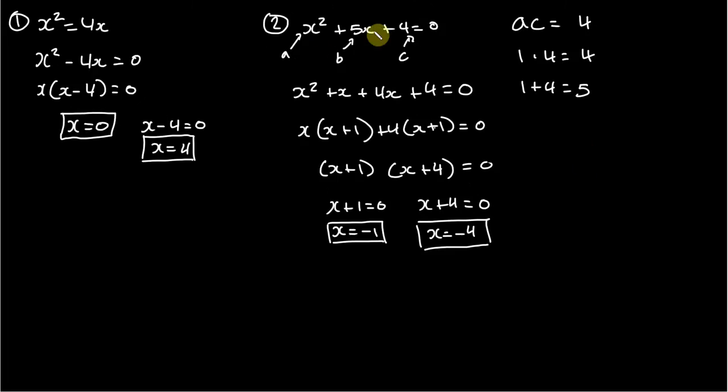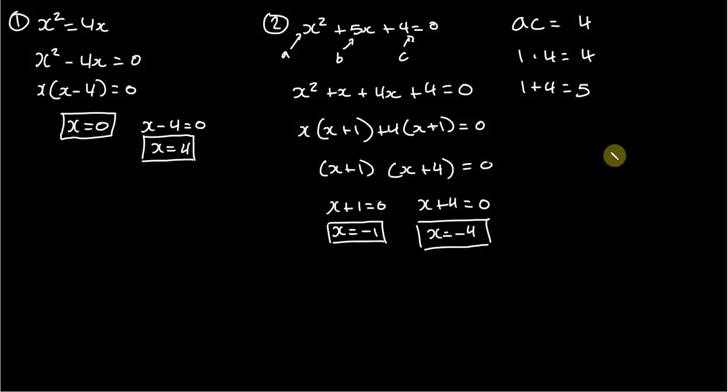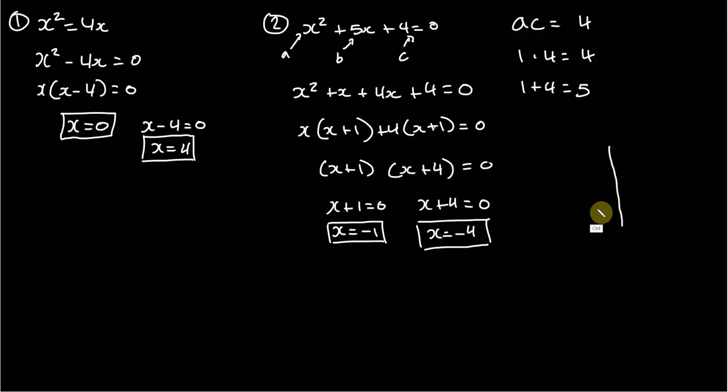If one were to graph this quadratic, you would see that the graph indeed crosses. I can sketch it very quickly. The graph would cross at x is negative 1 and x is negative 4. It will either cross or touch these points. It could kiss them, but the distance apart would suggest that it crosses, something like that. And we know it's an upward facing parabola because a is positive. Okay,